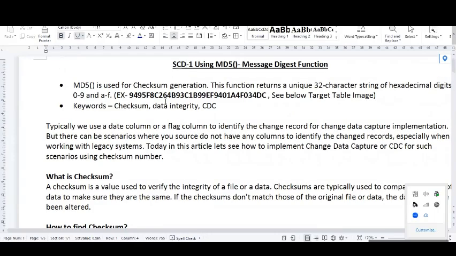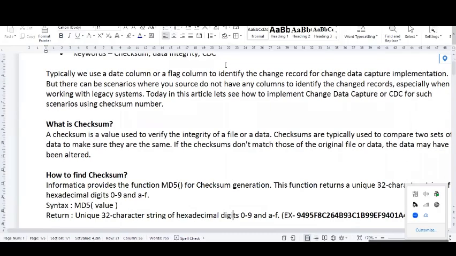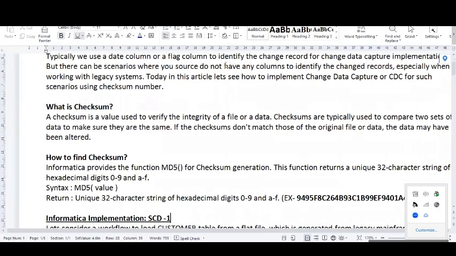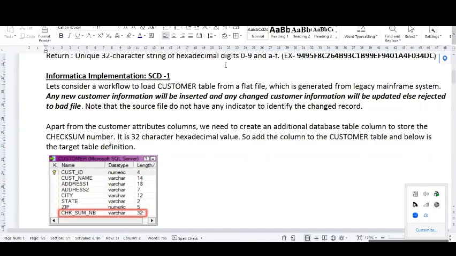And to create SCD1, we have MD5. MD5 we are creating just for a unique key concept, right? So that we can update based on that column. We are creating MD5 based on multiple columns. So this is the concept of MD5, and on the basis of that we are going to update the actual value